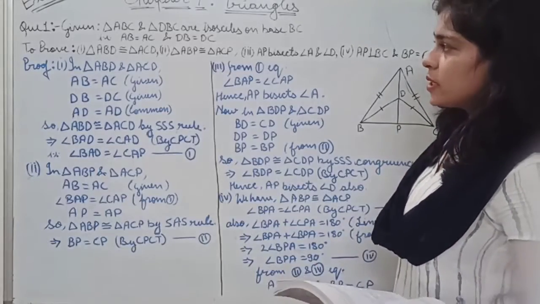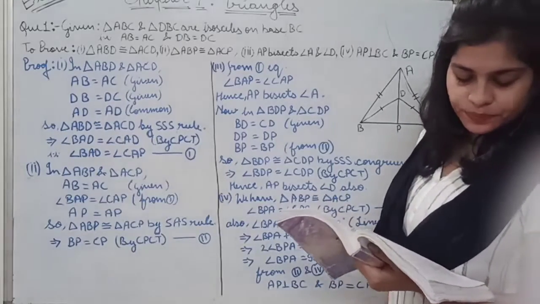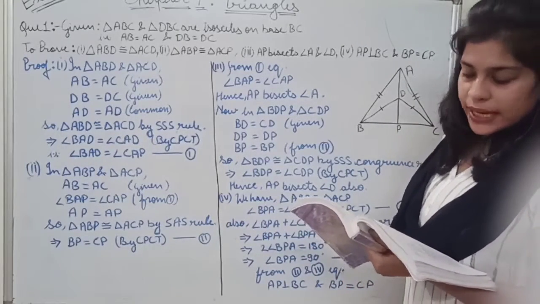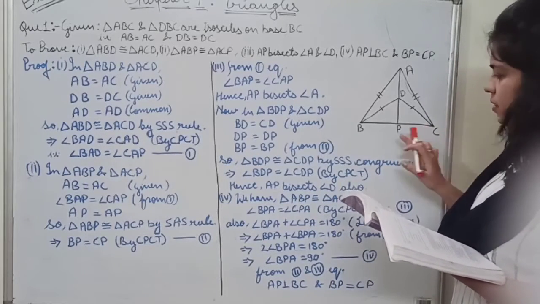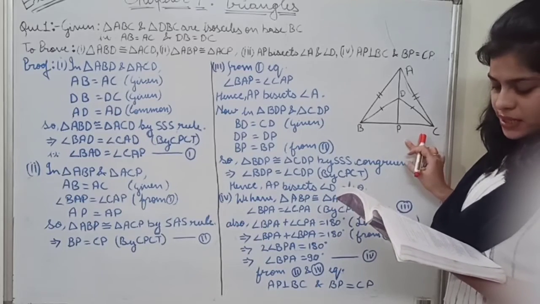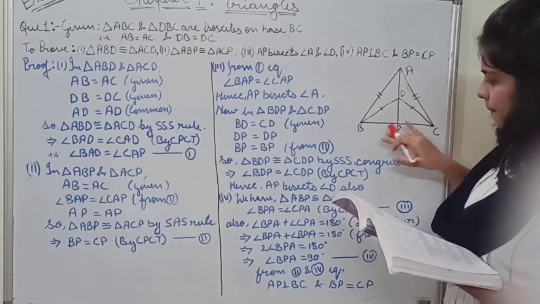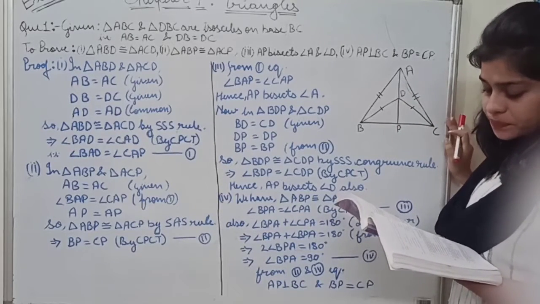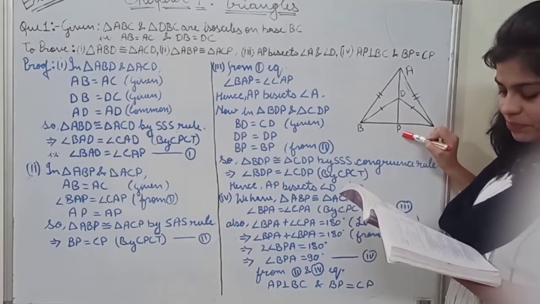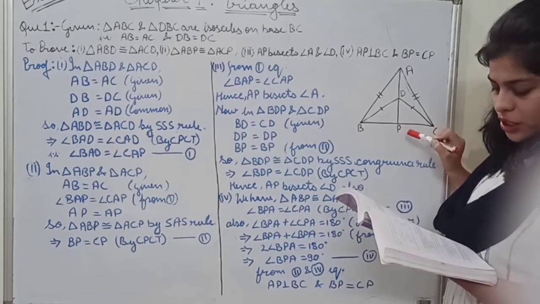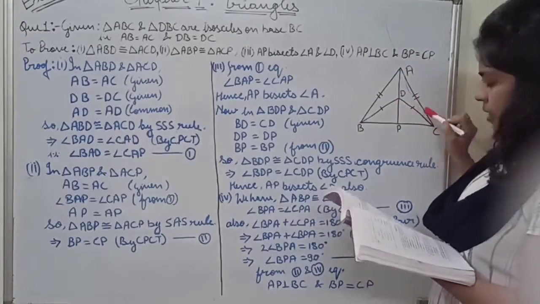In this video, we will start solving exercise 7.3. Okay, see, question number 1 of the same exercise. Triangle ABC and triangle DBC are two isosceles triangles on the same base BC. And vertices A and D are on the same side of BC, means upward. If AD is extended to intersect BC at P, then show that triangle ABD is congruent to triangle ACD.